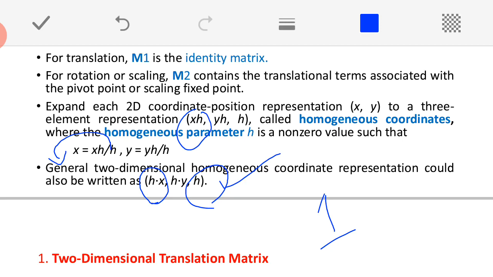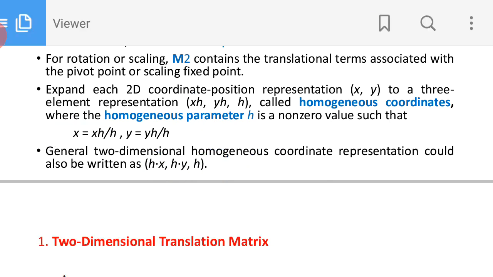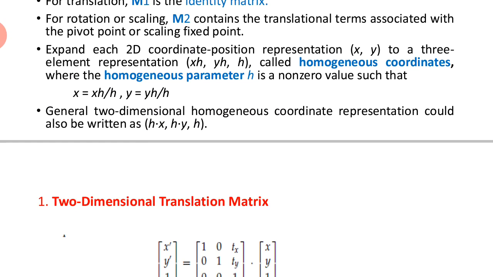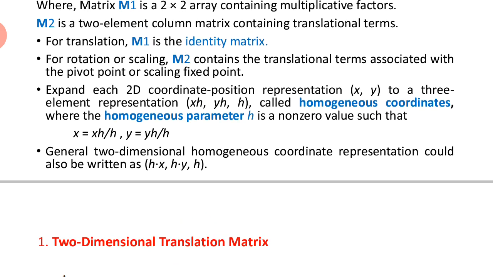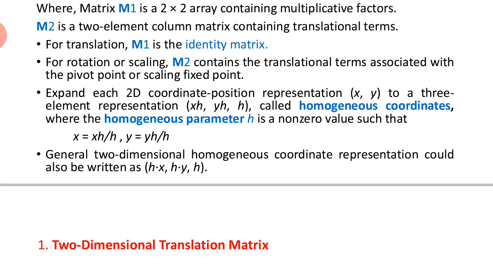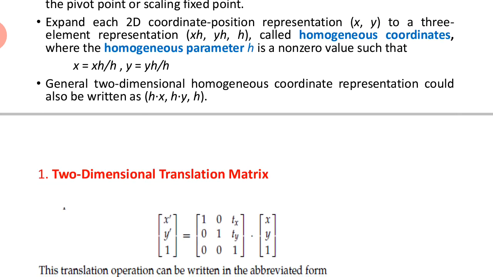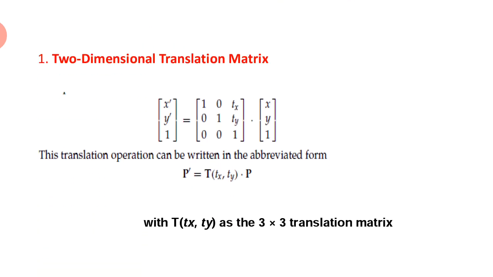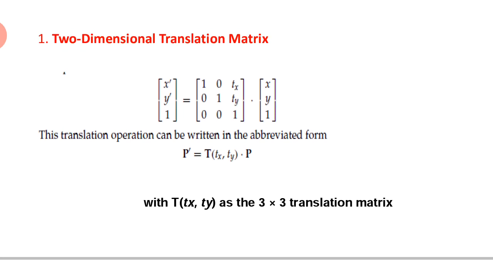So, in that case, whatever the 2-dimensional matrices that we have for our translation, rotation and scaling, now we are going to write them in 3 dimensions, meaning 3 cross 3 matrices. Here I am going to add one extra column and one extra row. Now we will see how to represent it. It's all about the representation only. The theory part, what you mean by translation and so on, you have already covered. So now look at this.